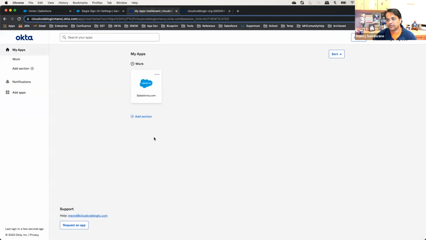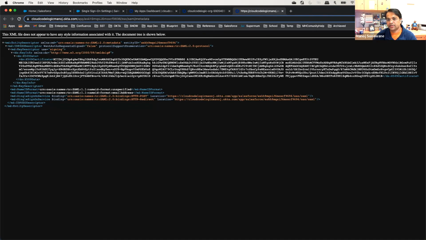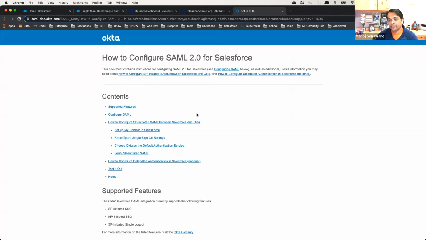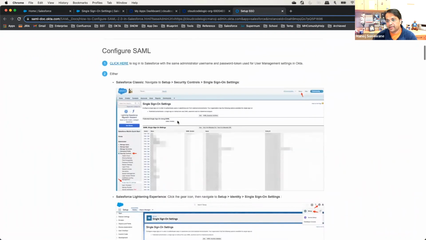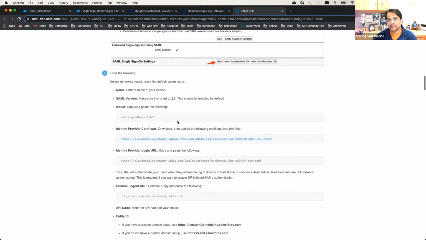You can use this URL. It shows all the metadata. You can plug in this URL and it will capture the certificate, name, and most things for you, but that feature is not working somehow. But one of the better approaches here is to follow along with this configuration. It tells you what to do on the Salesforce side with exactly the details, like following here, it says, okay,